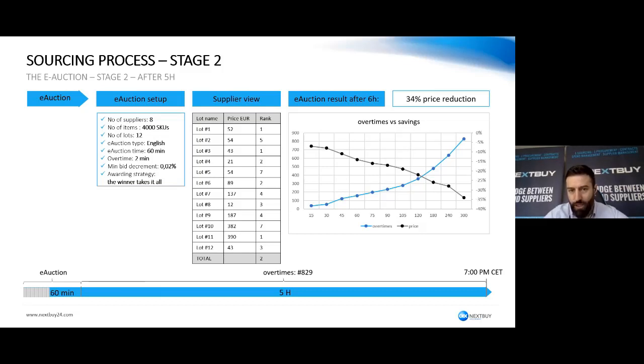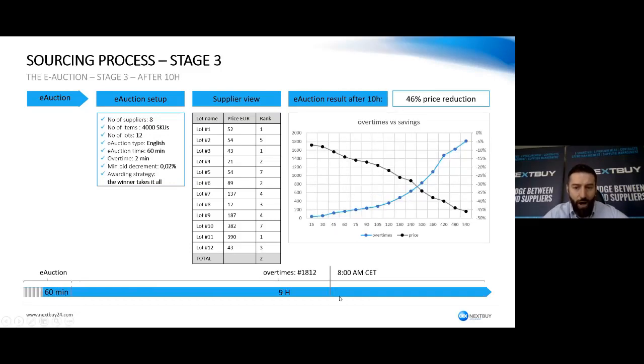So what to do? That was the first difficult moment. It never happened to me before that I had to pause the e-auction because of time differences, and I didn't expect that to happen. So we paused it. We sent a message to all the participants, all the suppliers, that the e-auction would restart at 8 a.m. the following day, Central European time. And it started. And then it went on for another 4 hours. So altogether, you imagine that you are spending 10 hours in front of your computer following the e-auction. So we had 9 hours of overtime plus 1 hour of the regular e-auction.